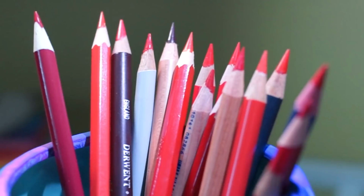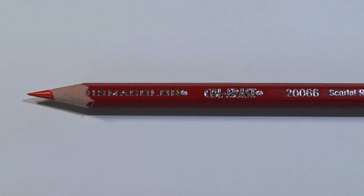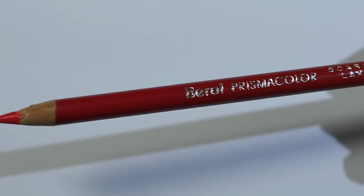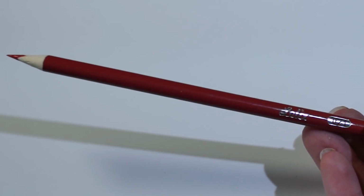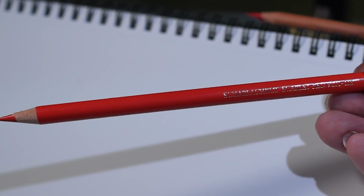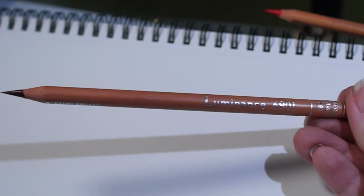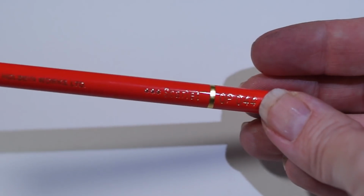First, let me introduce you to all of the colored pencils that will be taking place in this test. Today's contenders include Prismacolor Col-Erase in Scarlet Red, Prismacolor Scarlet Lake, Prismacolor Scarlet Lake, Lyra in some random number, and Polychromos by Faber-Castell in Scarlet Red, Luminance by Caran d'Ache in Aubergine, the Holbein Artist Colored Pencil in Scarlet,